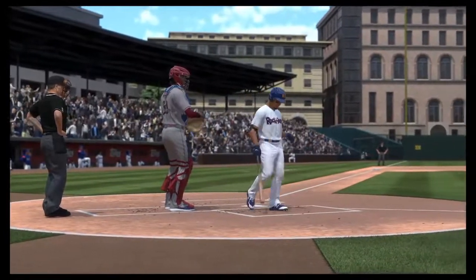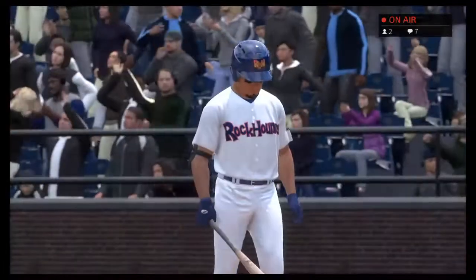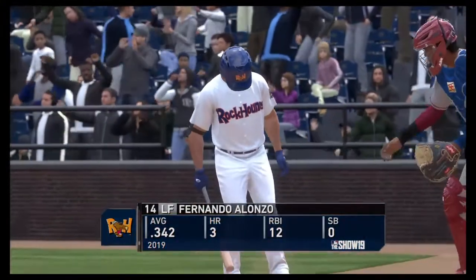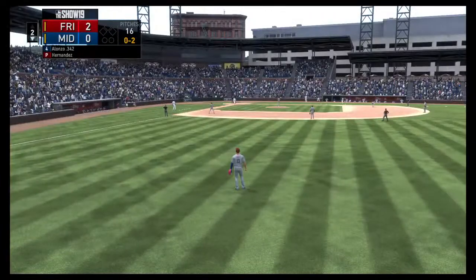Stepping up now, Fernando Alonso. Couple of hits for him in 4 trips to the plate last night. Hey, we're still in the early stages of this one. They're only down by a couple of runs, but it's really key for this leadoff guy to try to...